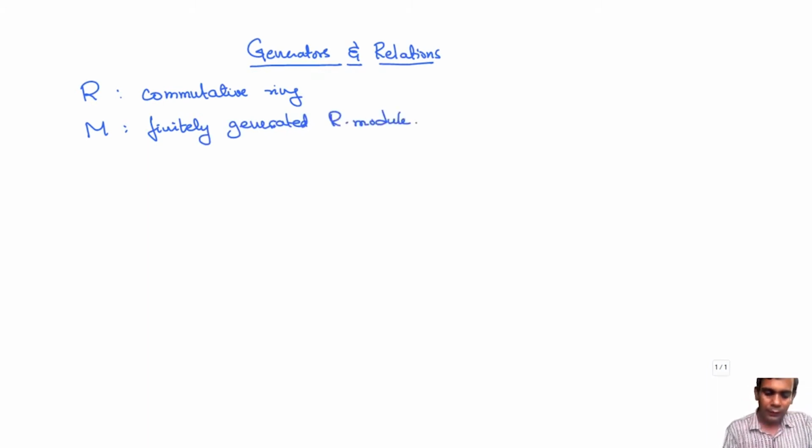What does that mean? That means that there exist elements V1 up to Vm in M such that if you